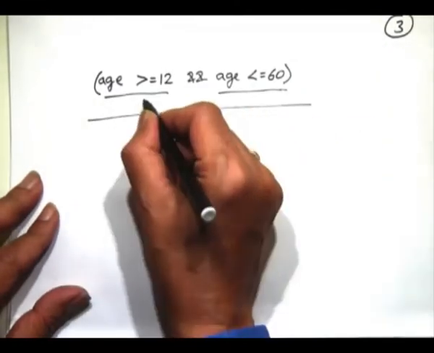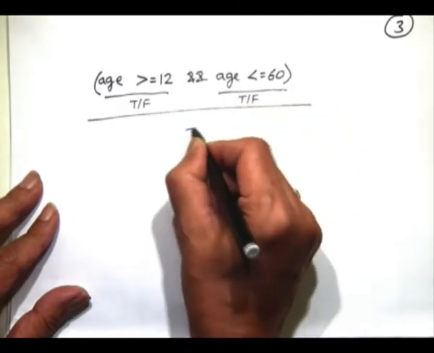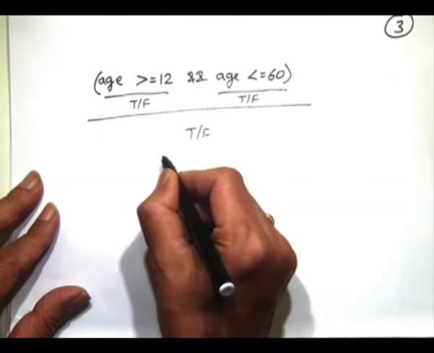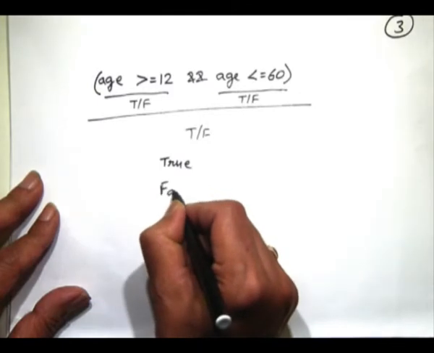If you have to combine three conditions, you can say this and this and this. In fact, you can write a logical expression as complicated as a numerical expression. This and this, or this, and not of, or whatever. Only thing is you have to be very careful on the meaning of that expression that you write. But yes, it is possible. And all of this will evaluate to what? All of this will be evaluated to true or false. This will be evaluated to true or false. And this will also be evaluated to true or false. So finally, the value that this whole thing gives you is either true or false.